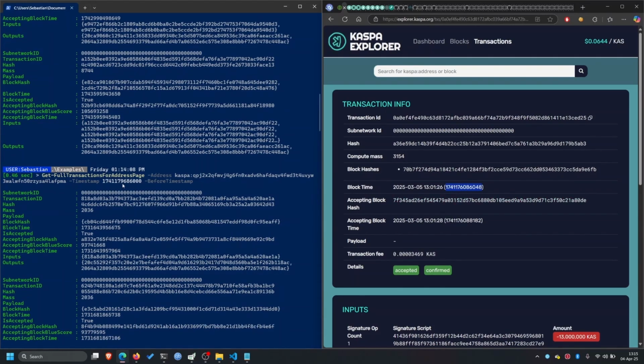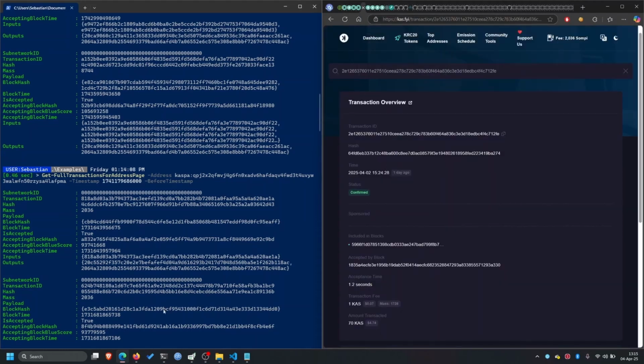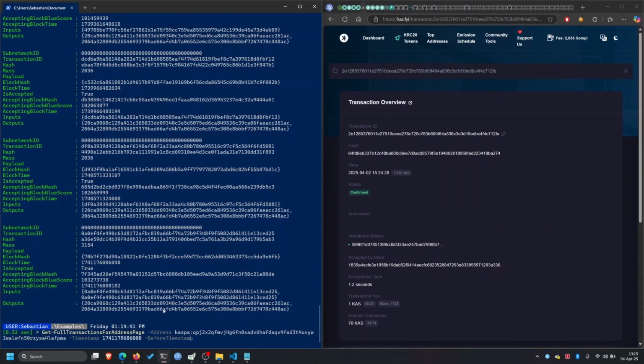See this? We got a different timestamp because this timestamp includes milliseconds, and the information here on both sides doesn't include those milliseconds. But if we actually perform this command again,